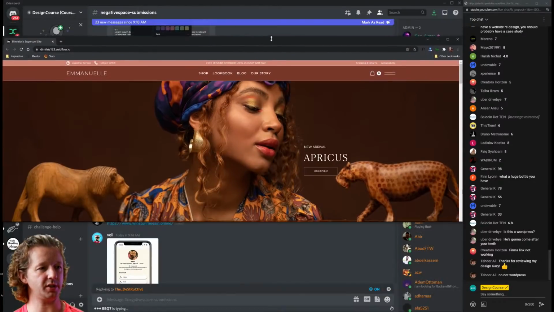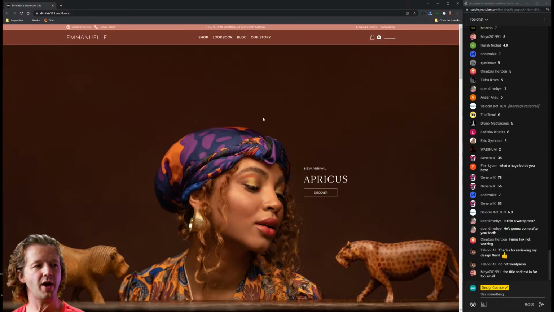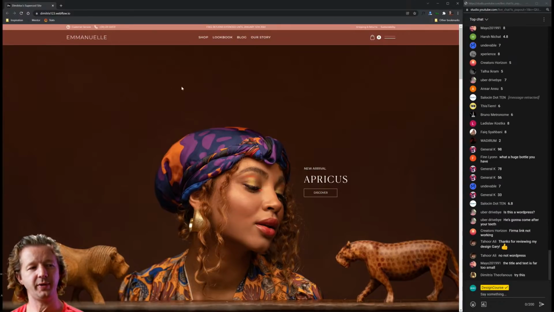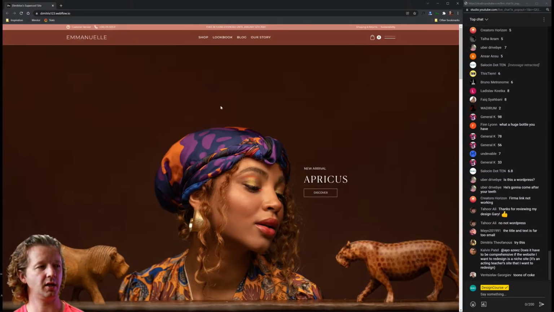Let's see what happens to this design if I squash it up a little bit. Okay. So I don't like the placement of the headline and subheadline. It feels like you have all this space up here, all this white space. I would center New Arrival and this headline, and then maybe even put the Discover button underneath it and just center this. And you would also be able to make these much larger with the space that you have. So that would be my first idea.